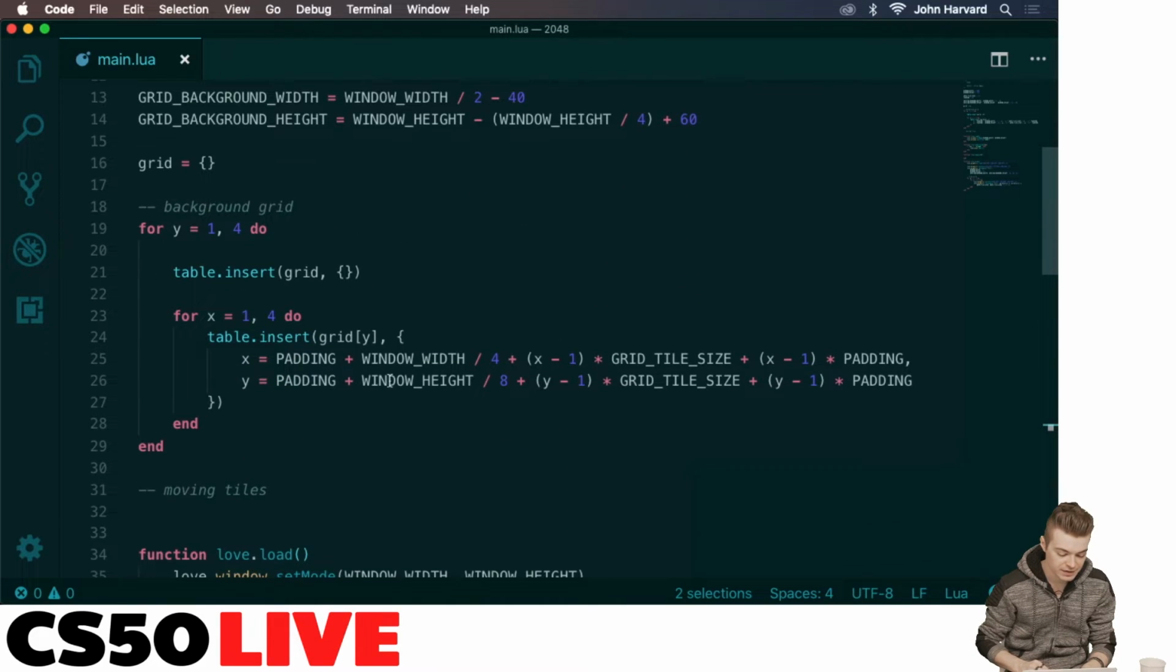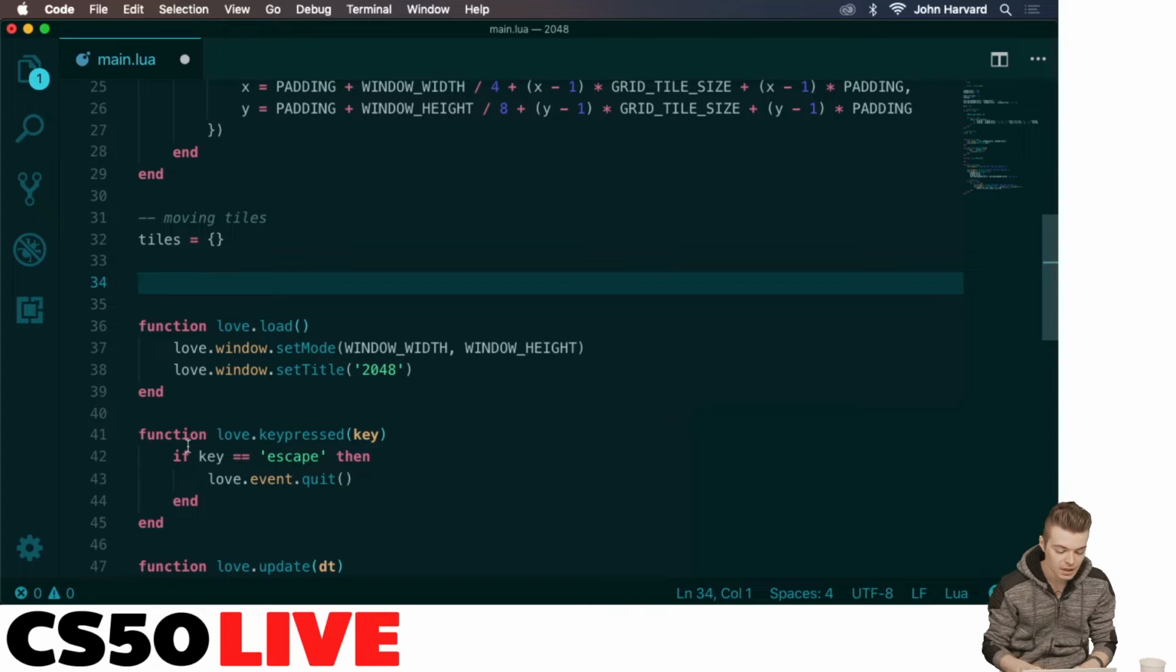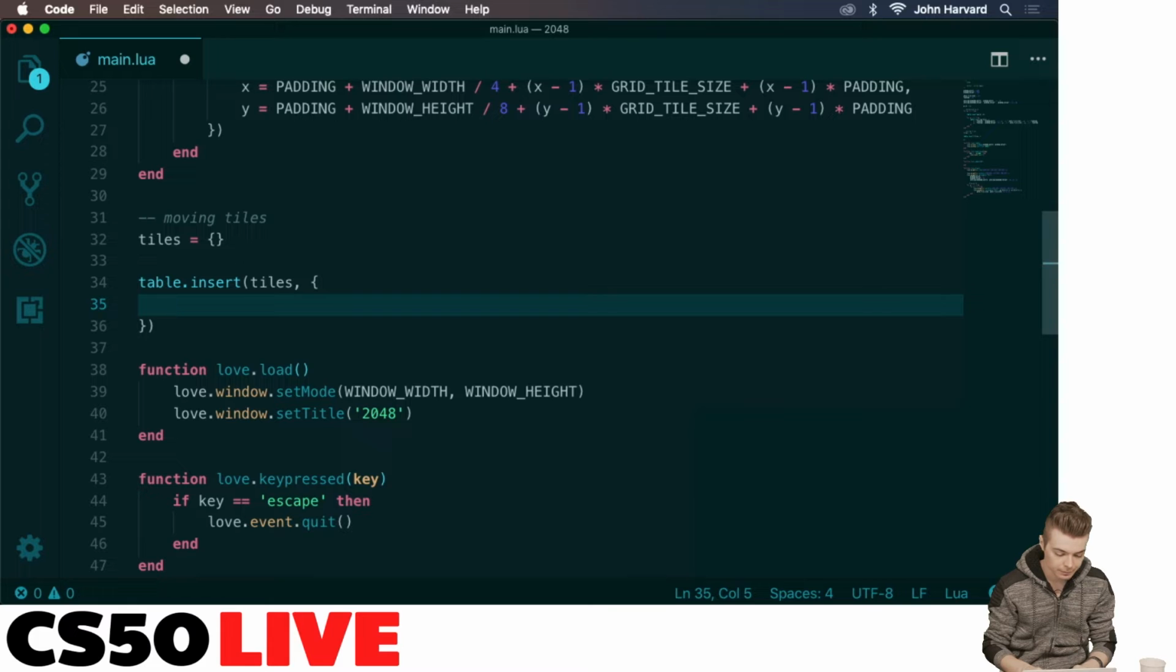And then now what we're going to do is tiles is going to be something different. So tiles is going to be another table. And I'm just going to insert one tile into tiles. And it's going to just be a, do I want to have this be a